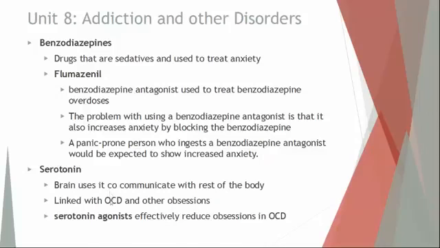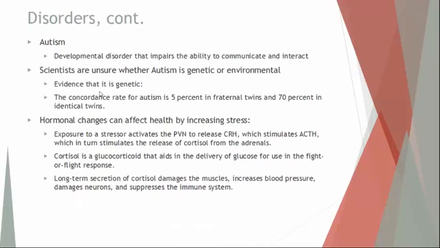Now this term, agonist, is the opposite of antagonist. An agonist will enhance the effect of that neurotransmitter or of that compound by binding to receptors and acting as if it were serotonin, even though it's not. So if someone has a decreased level of serotonin, if they were given a serotonin agonist, it will mimic the effects of serotonin in a way to help increase the levels of serotonin and to help negate the effects of OCD. So antagonists will nullify or negate the impact of a compound or a neurotransmitter, and agonists will increase its effect.